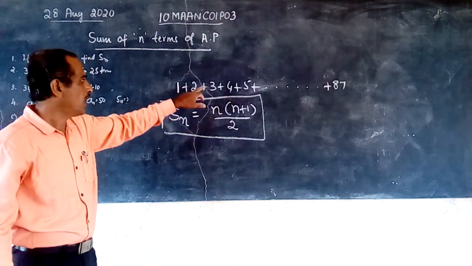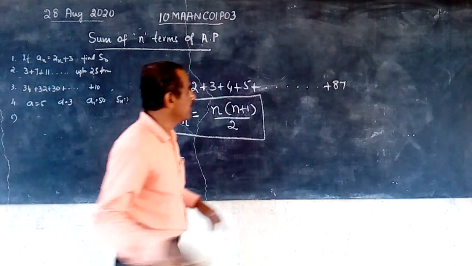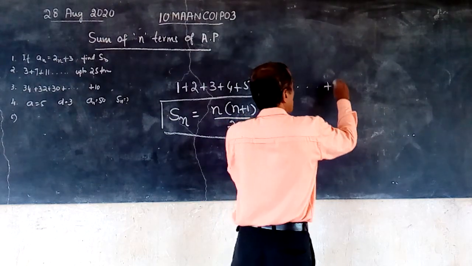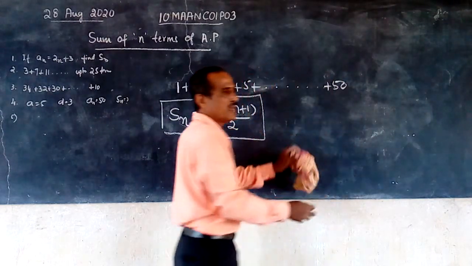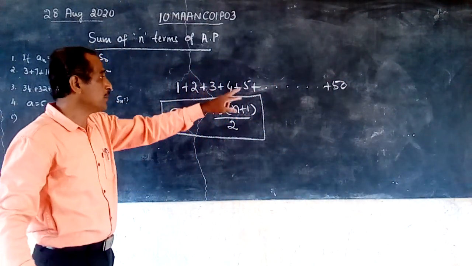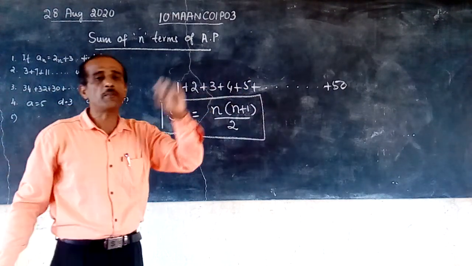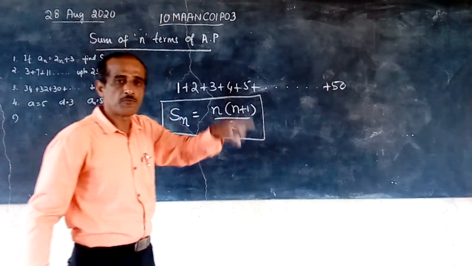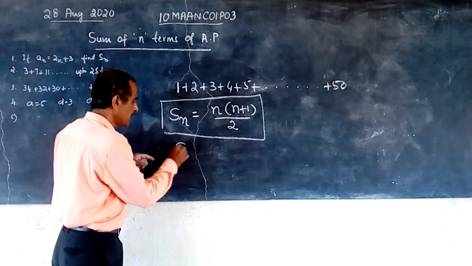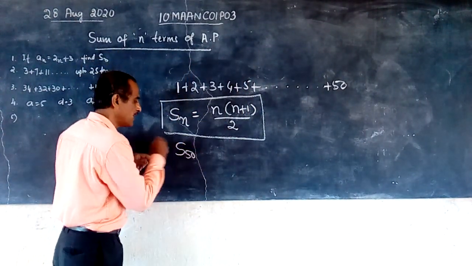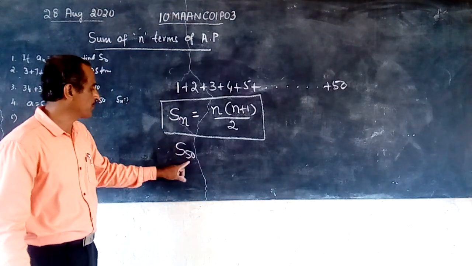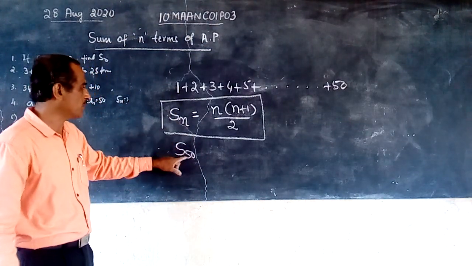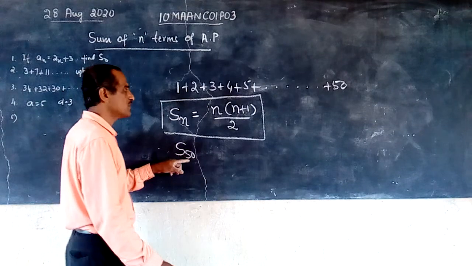See this formula. Or we can use, for example, up to 50. You have to add up to 50. The last number is 50. Now let us see how to add these numbers. N is how much? Total 1 to 50, 50 numbers are there. Therefore, dear children, remember, the sum of the first 50 natural numbers: I have written 50 in the place of n, because there are 50 terms.